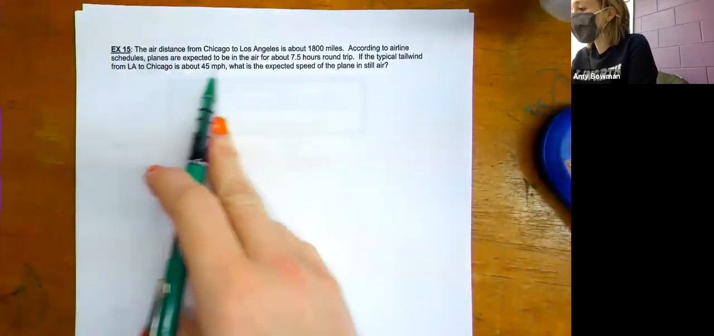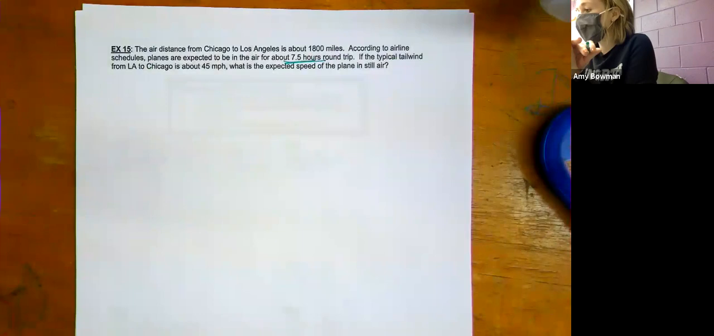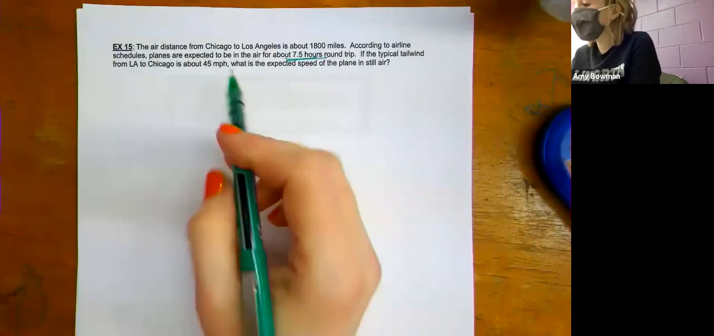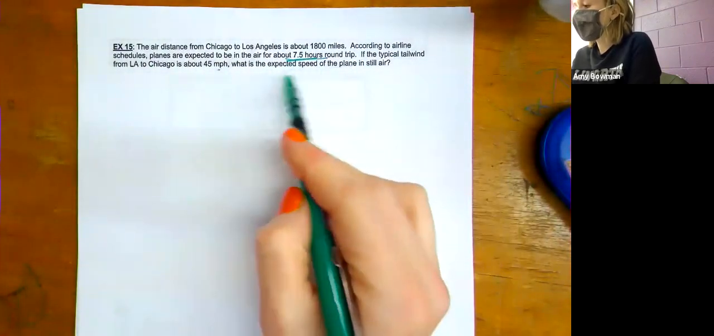Okay, the air distance from Chicago to LA is about 1,800 miles. According to the airline schedules, planes are expected to be in the air for about 7.5 hours. So that's the whole combined trip. If the typical tailwind from LA to Chicago is 45 miles an hour,